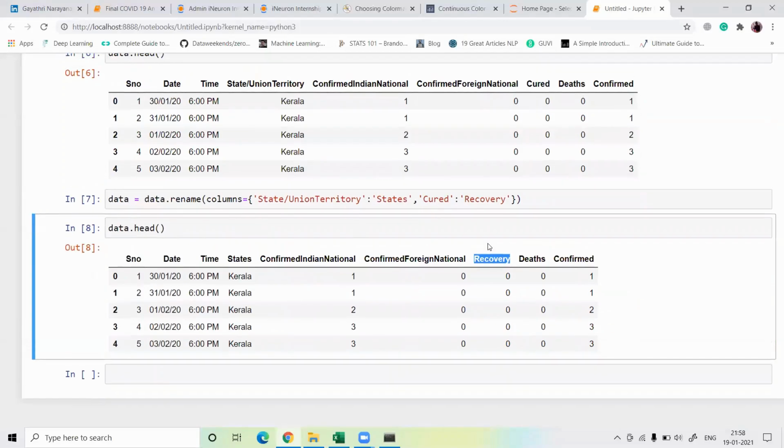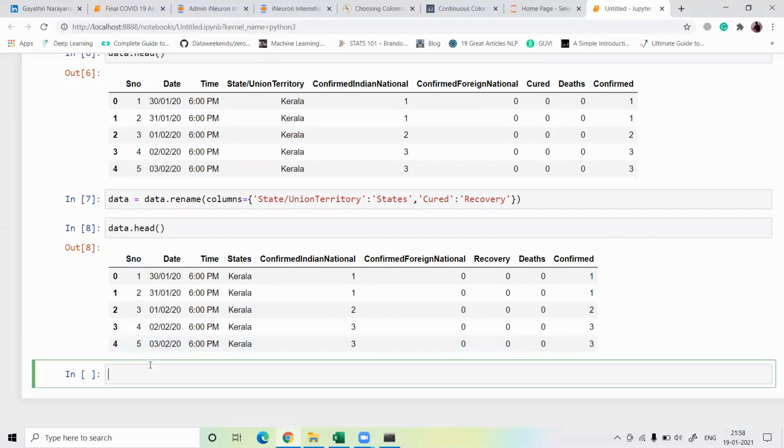Let's drop some of the unnecessary columns, because in our dataset the time column and the serial number column are unnecessary. So let's drop these unnecessary columns first of all.